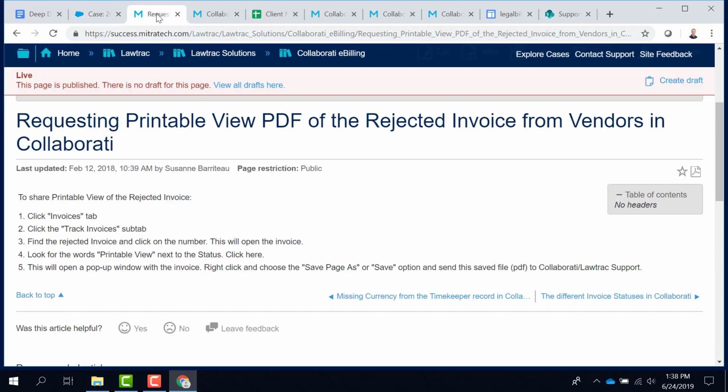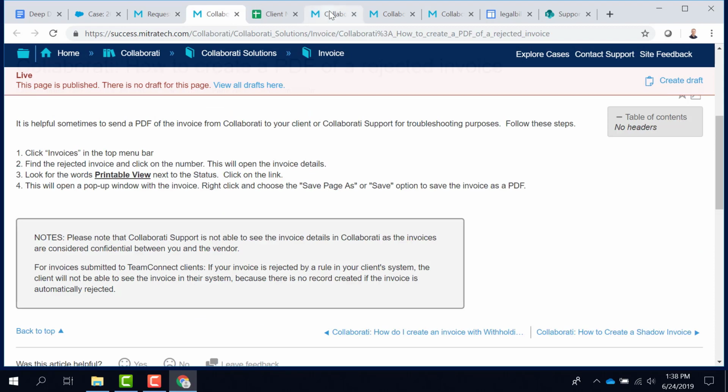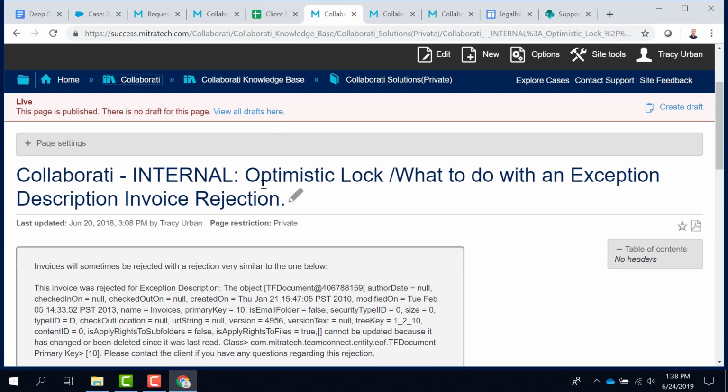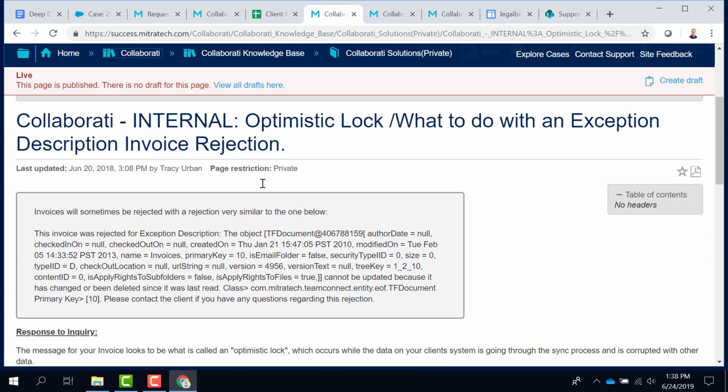However, we do have some information in the Success Center in MindTouch about this. Now, this is an internal document, and the invoice, so this is right here in the gray box, is a note about what the rejection looks like. So if it's got keywords exception description, if it says TF document, if it says a bunch of nulls on there, cannot be updated because it was changed or deleted since it was last read,